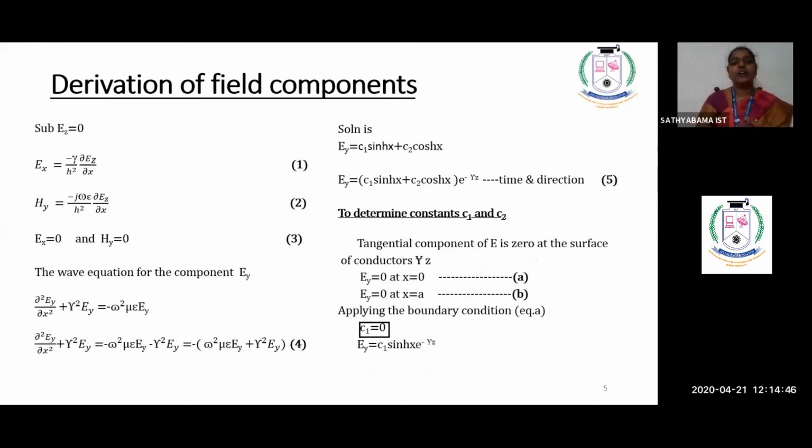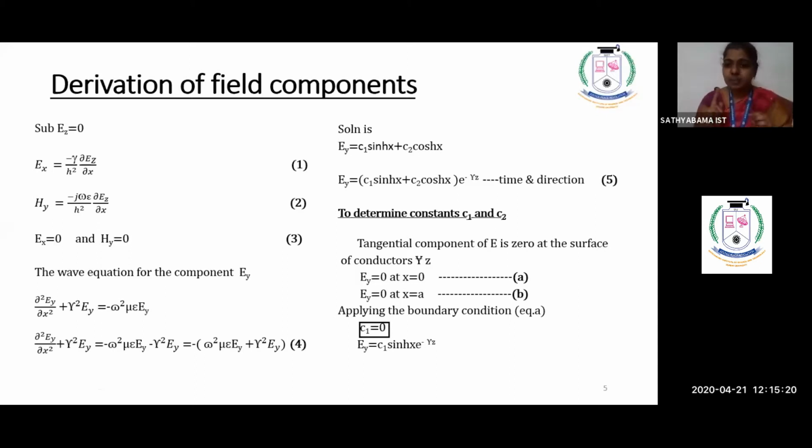Now let me go inside the derivation. According to the concept, it is a transverse electric wave, so the electric component does not exist along the direction of propagation. The first line, if you see, I have written Ez is equal to 0 based on the definition. Now that Ez equals 0, we will substitute it in the general final answer of your parallel plane wave. That I have written in the second and third equations.